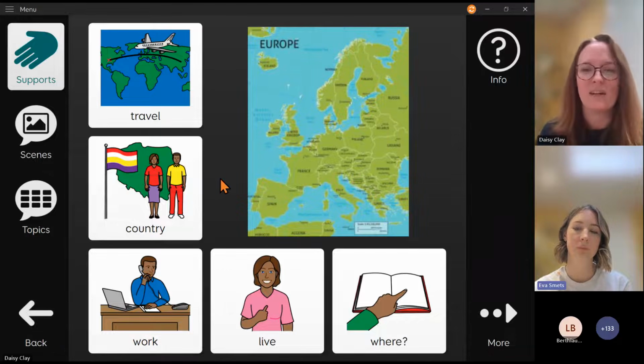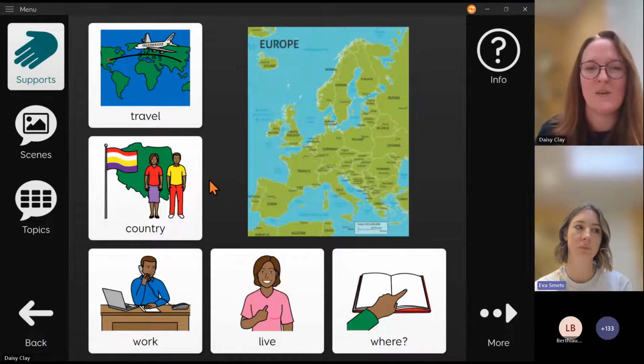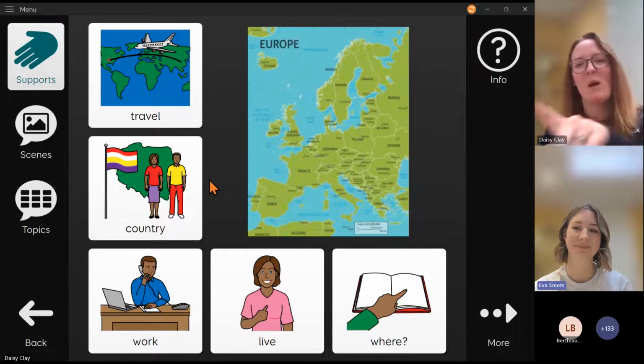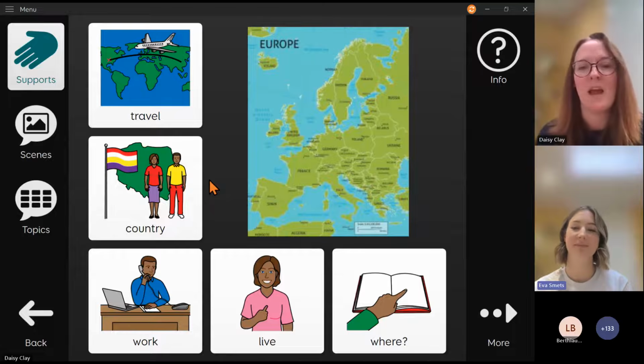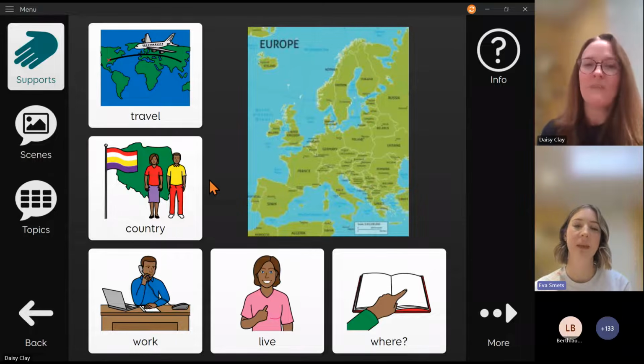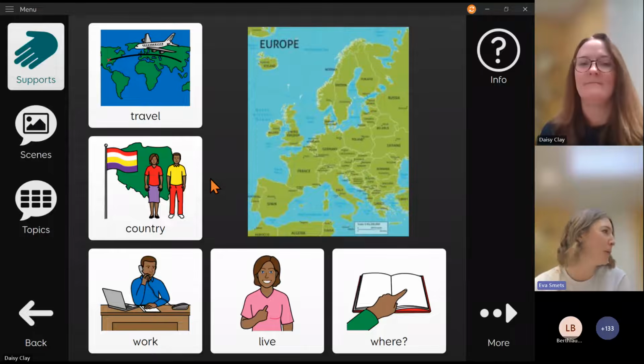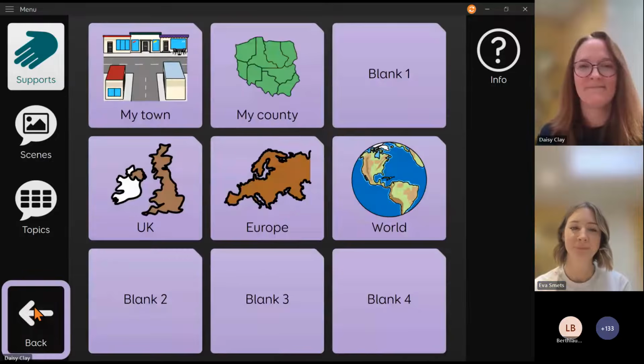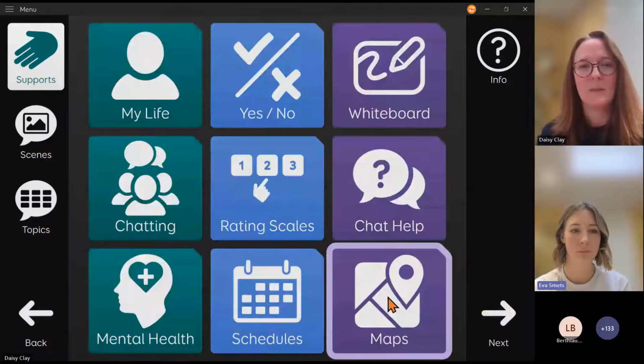And again, we've had some really nice examples of this from user testing, where people have been pointing to parts of the map as a way of communicating. We found maps particularly useful when we're introducing Aphasia Duo to people, because it's just such a nice way to build rapport and talk about, like you said, where somebody's from, or a special holiday they've had. So that's been really helpful. So that's the maps support.